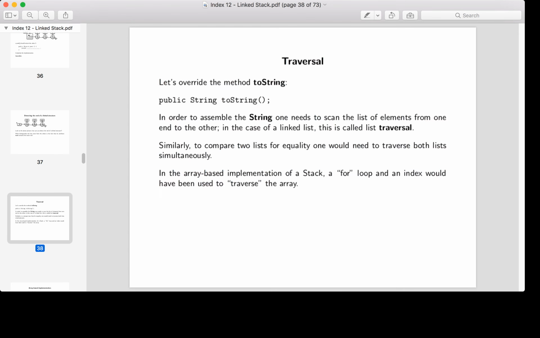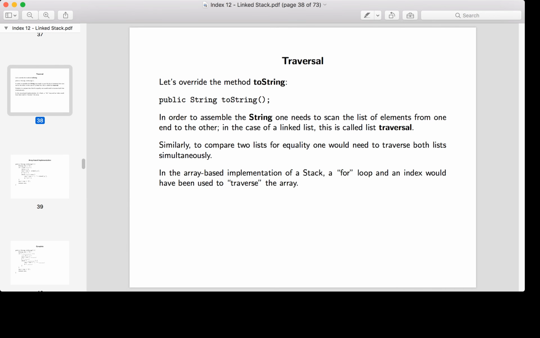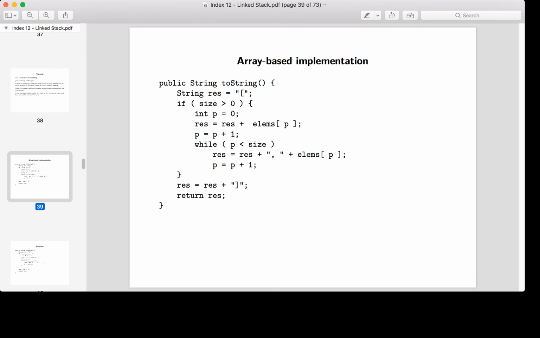Let's take a look at a very small example that overrides the method toString so that we can traverse the contents of an entire linked list and print them. This is the public String toString. We are overriding this method. We're starting off by printing a square bracket. If the size of the linked list is greater than 0, we create a counter called P that is initialized to 0. The resulting string that we will be giving back